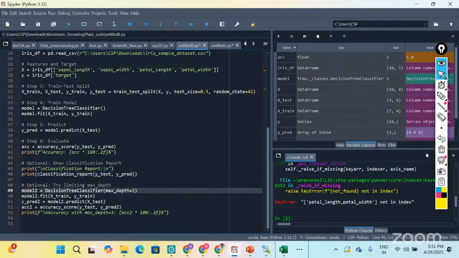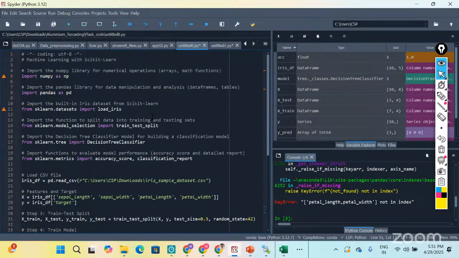Next, I'm trying limiting max depth. I'm trying one more model, model 2, decision tree classifier with a new parameter. See here, we have already taken one trained model, the decision tree classifier, but we haven't given any parameters there. So I'm taking model 2, the same model with the maximum depth equals 3. So again I'm taking model.fit(X_train, y_train). I need to take the prediction and check the accuracy. So this is how this code will be. Okay, if I run this entire code,